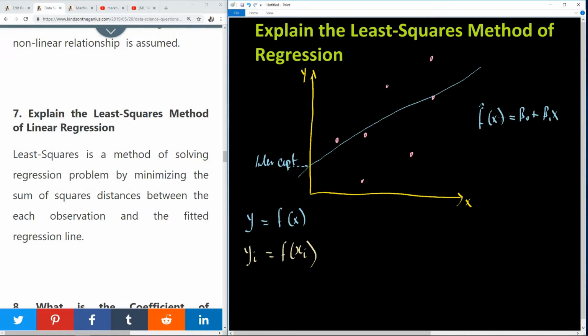Ideally it should be the same, but since we are doing an estimation, we can't get it perfectly accurate. So there is going to be a difference between our function f hat of xi and f of xi. That difference is what we are trying to control. This difference has to be minimum, because if it is minimum, then most likely our model will be close to the correct